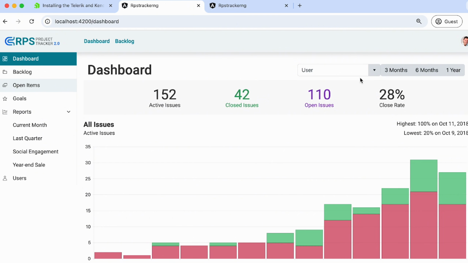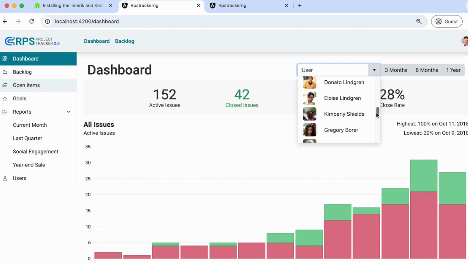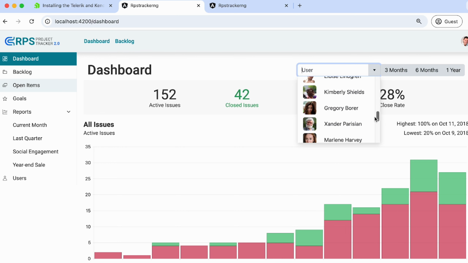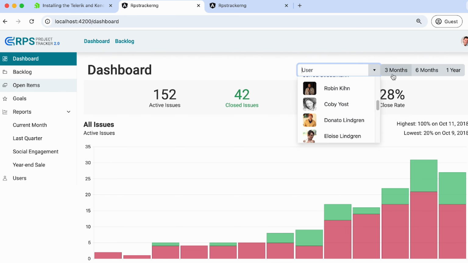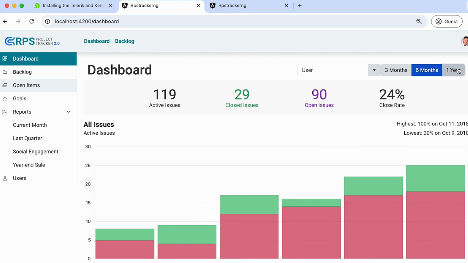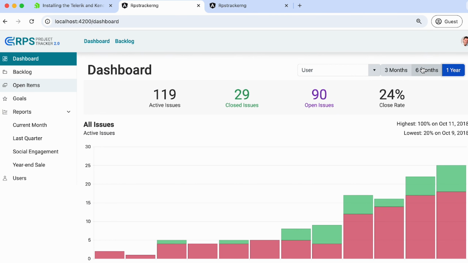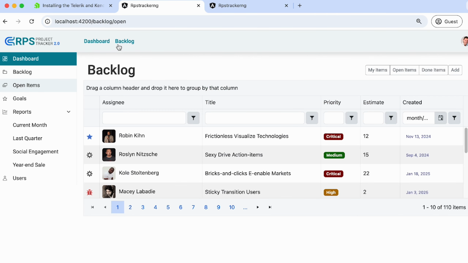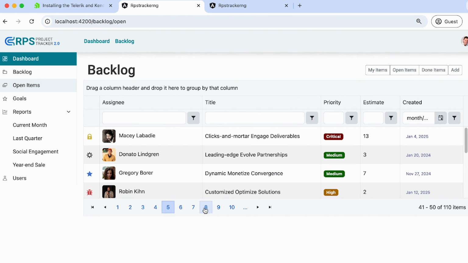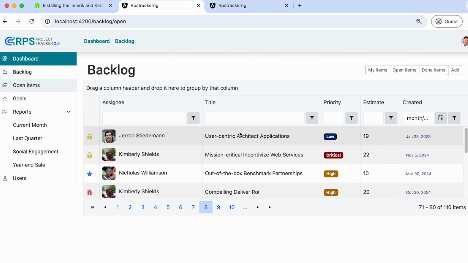Once the application restarts, you'll notice some immediate changes. For example, the combo box now has rounded corners, which matches the Bootstrap theme. The buttons also have a Bootstrap style appearance when selected. On the backlog page, it's even more obvious that we're using Bootstrap theme here, as the pager at the bottom now has blue numbers. That's the default out-of-the-box color for Bootstrap, and the selection color is blue too, consistent with